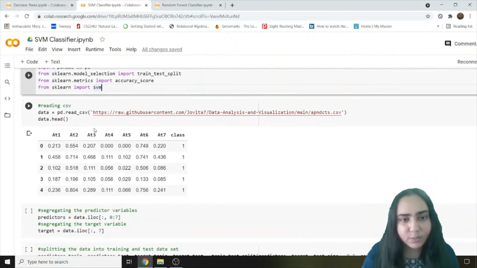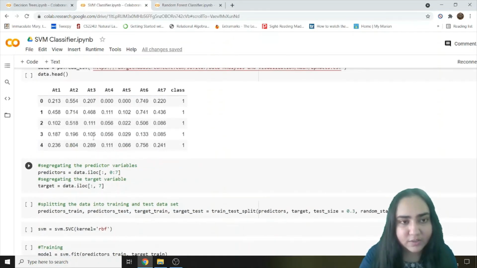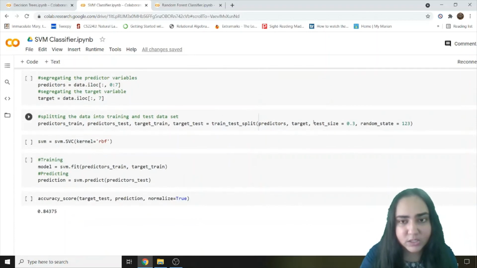And just like we did previously, we are reading the CSV file, printing the first 5 rows, selecting the first 7 columns as predictors, and the last column as our target. We will split the data into training and test, where the size of the test is going to be 30%. The random state is 123. So up to this, it's the same as what we did in the random forest algorithm.